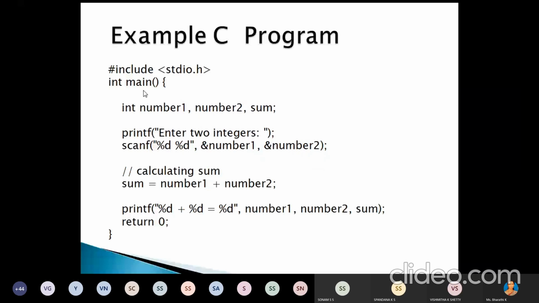Ma'am, not able to see the PPT, ma'am. You cannot see the PPT. This one you saw, the structure of C program.